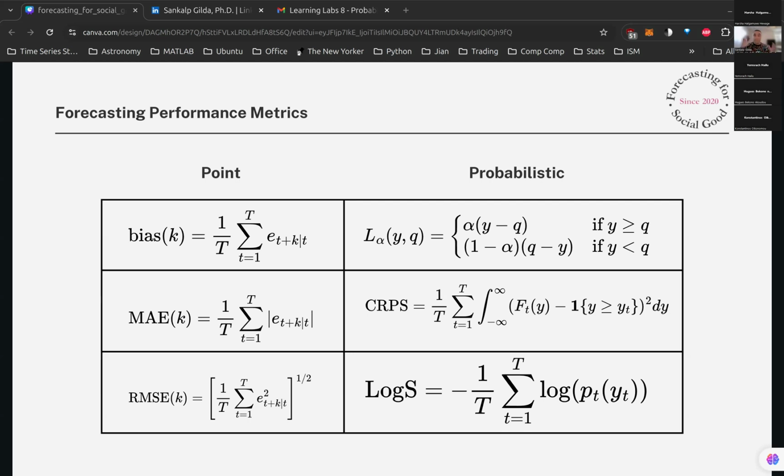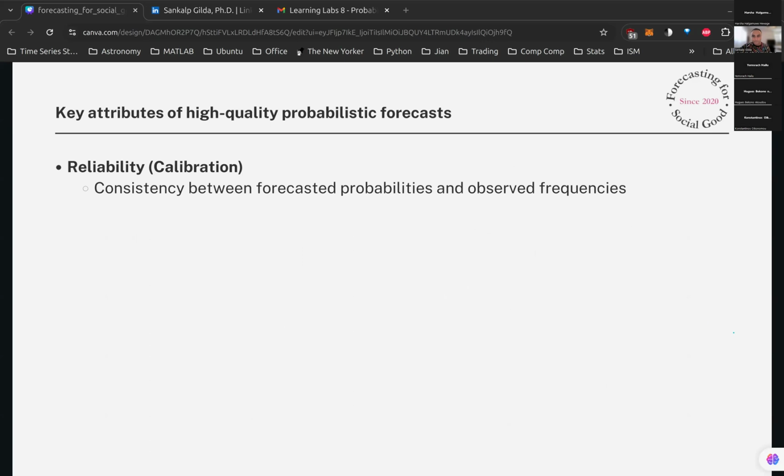Just something big picture to remember with probabilistic forecasts is that we're not predicting a single number, but a range of outcomes with likelihoods. And these metrics that I mentioned just now, or loss functions, they help us gauge how well our entire PDF matches reality. Key attributes that we're essentially trying to capture through the metrics or loss functions that I mentioned earlier: